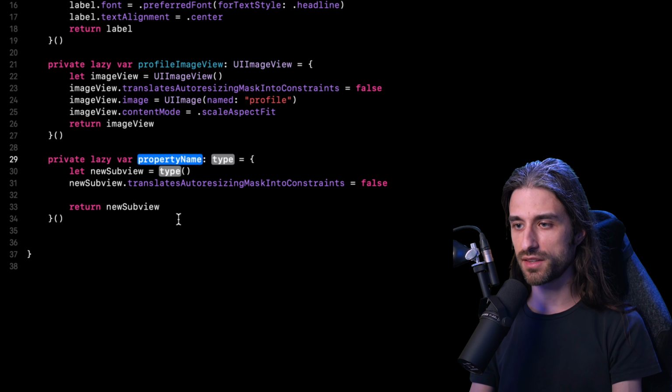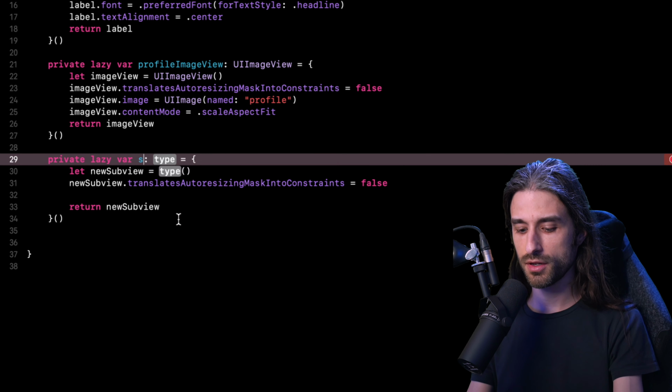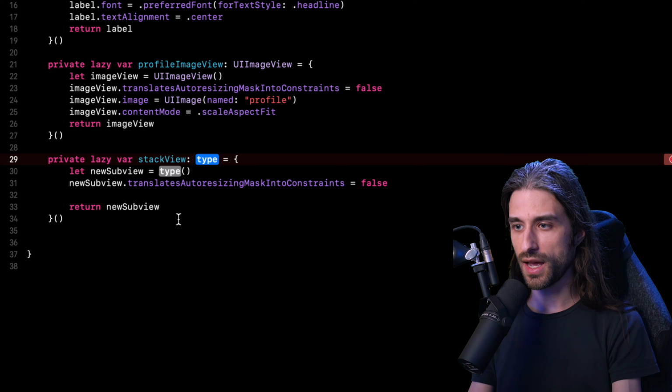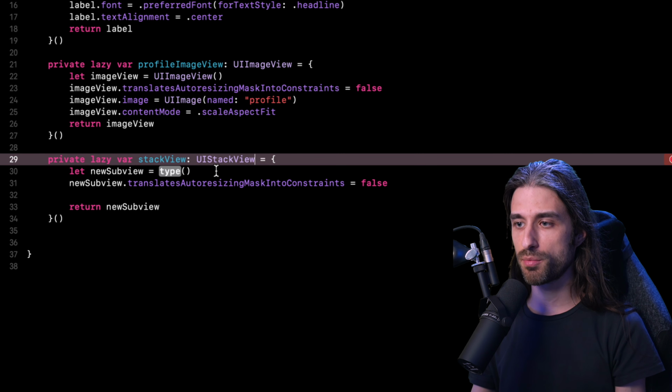As you can see, Xcode is going to expand my code snippet. Now I just have to use the placeholders first to set the property name. So it's going to be stack view. Then I'm going to set also the type of the property, which is going to be UIStackView. And as I start typing the name, you're going to see one of the strong limitations of placeholders in Xcode, which is that even though we can have several placeholders sharing the same name, they still are independent in the eyes of Xcode. And so setting a value for one doesn't set a value for the others.